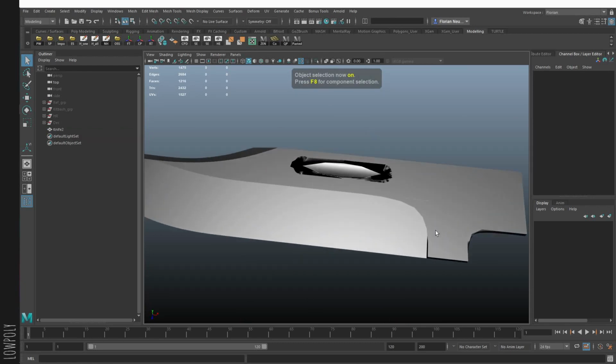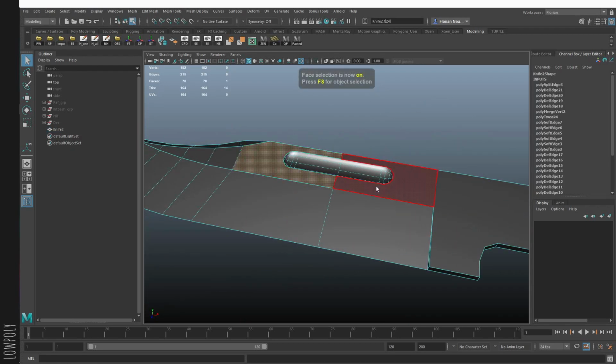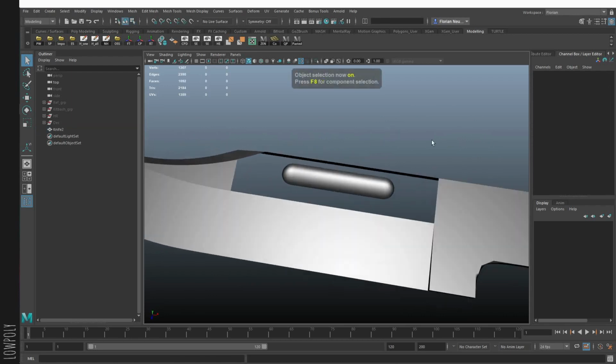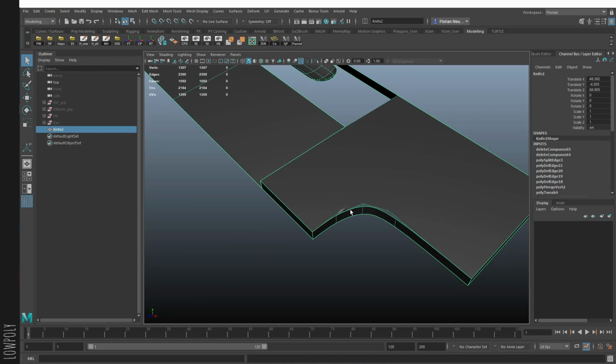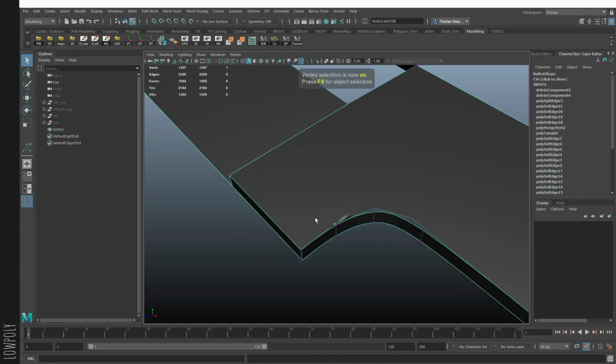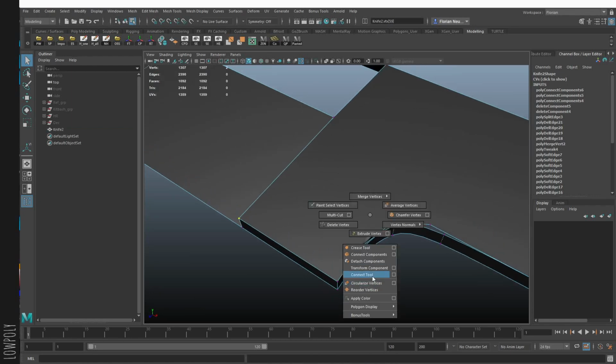As you can see, those edges do stay hard now. We just have some minor errors. So we have an error here and here, so we can just delete those faces. We don't need them anyway. But the rest does look fine. Here we have a little error that can be fixed by adding an edge here. So if we just connect those two,